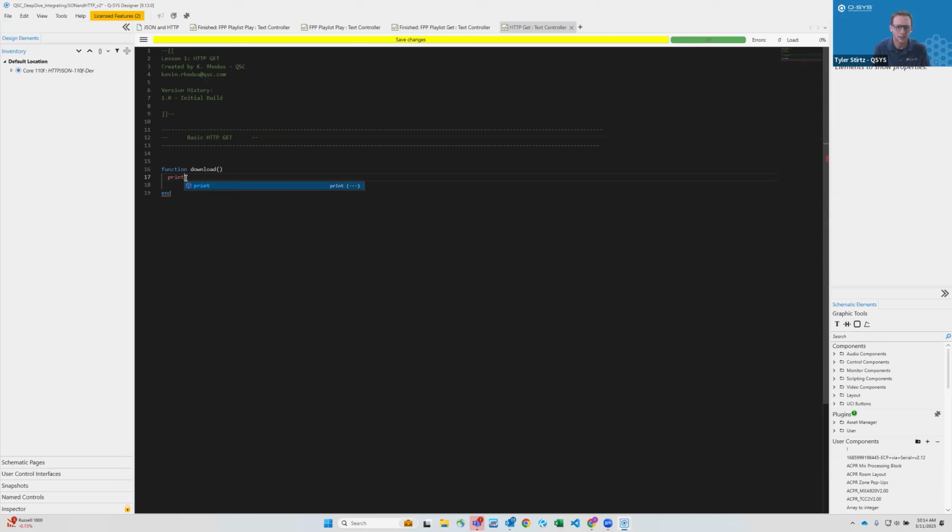I'm going to go ahead and print what I'm doing. So I'm going to tell my debug window that I'm downloading. And then I'm going to start my command here. So I want to call my HTTP client, and I want to download some information from a website. So I know that needs to be encapsulated in a table. My first entry,